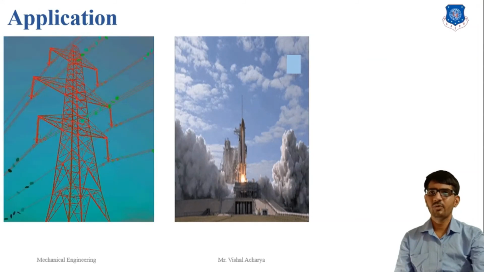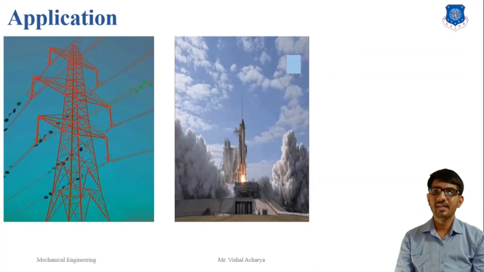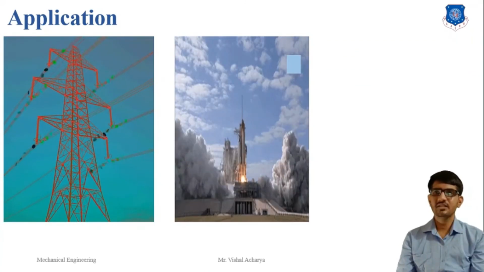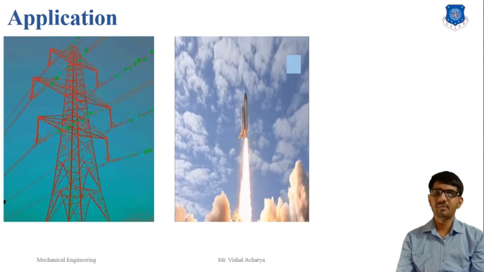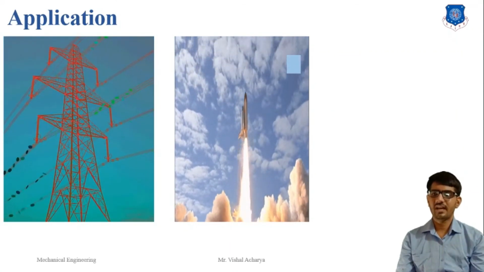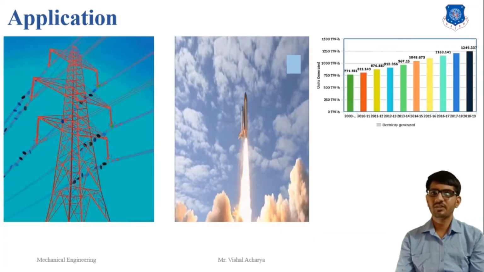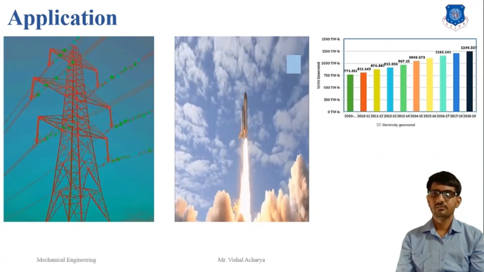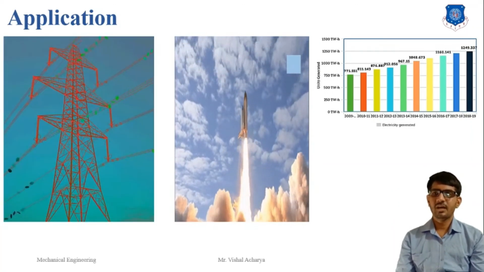Our next module is how to use the application of all the modules related to our power plant. The first application is to produce electricity, and the second application of the gas power plant and jet propulsion is space devices, helicopters and fighter planes. Our last module application is the economics of power generation: how to decide the load of consumers, and how to decide the production capacity of a power plant.